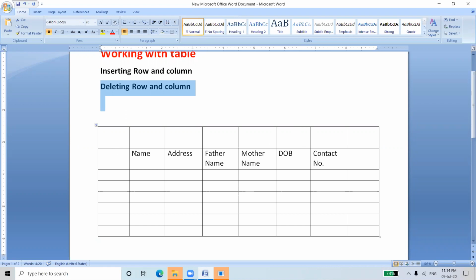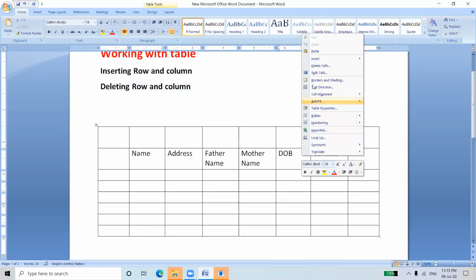Suppose I have a table which I have recently created and I have pasted so many things here. So I need another, an extra column in between DOB and contact number. So I'll click here,